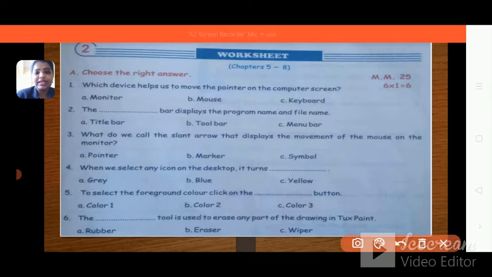What is the right answer? So when you look at the monitor, you will notice the slant arrow. So what is that moving arrow? Pointer, marker or symbol. The right answer is pointer. Yes, it is also called as cursor.